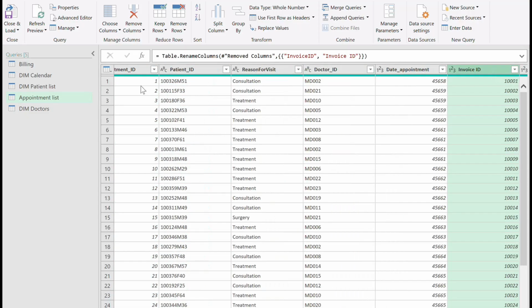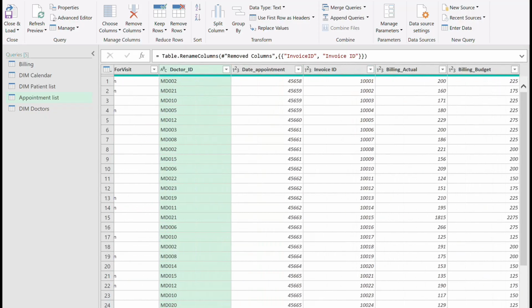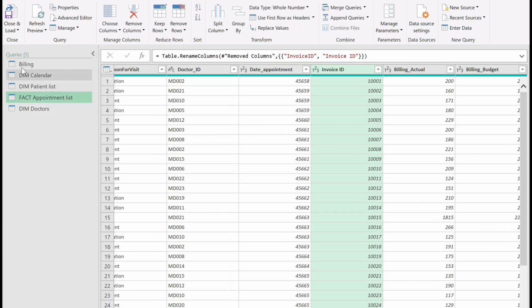Besides the appointment ID, which is the unique identifier for each appointment, we see patient ID. We also see the doctor ID, and we see the invoice ID. And so that's an indicator that actually the appointment list is the fact table,